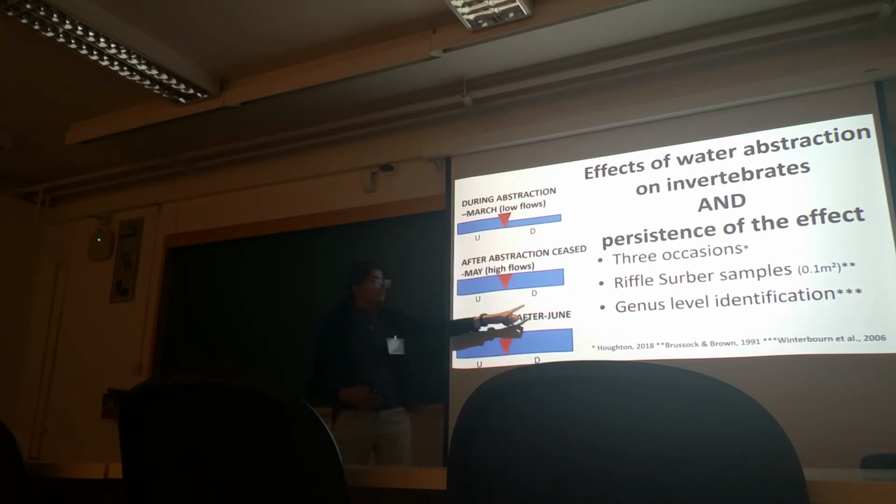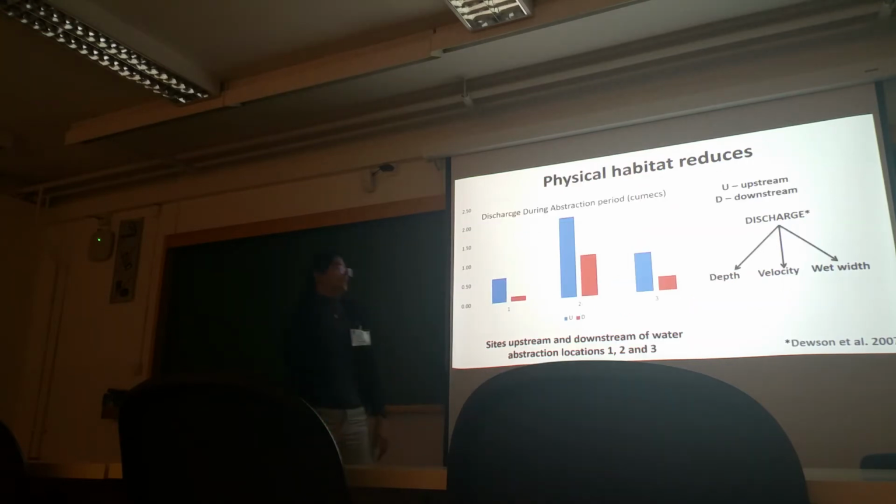Riffle samples are just taking a fixed area of the riverbed and scooping out whatever invertebrates I could take, and I tried to identify them till genus level. So, you would expect the physical habitat to reduce, and these, 1, 2, and 3, are my 3 sites of study. In the first occasion, this occasion, blue is upstream and red is downstream. In all 3 takes,